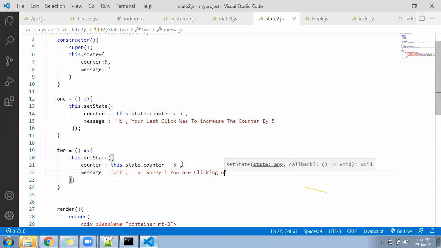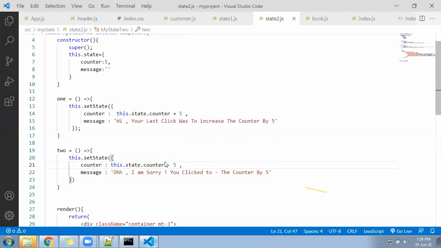Or you can say, you clicked to minus the counter by 5. Save this.